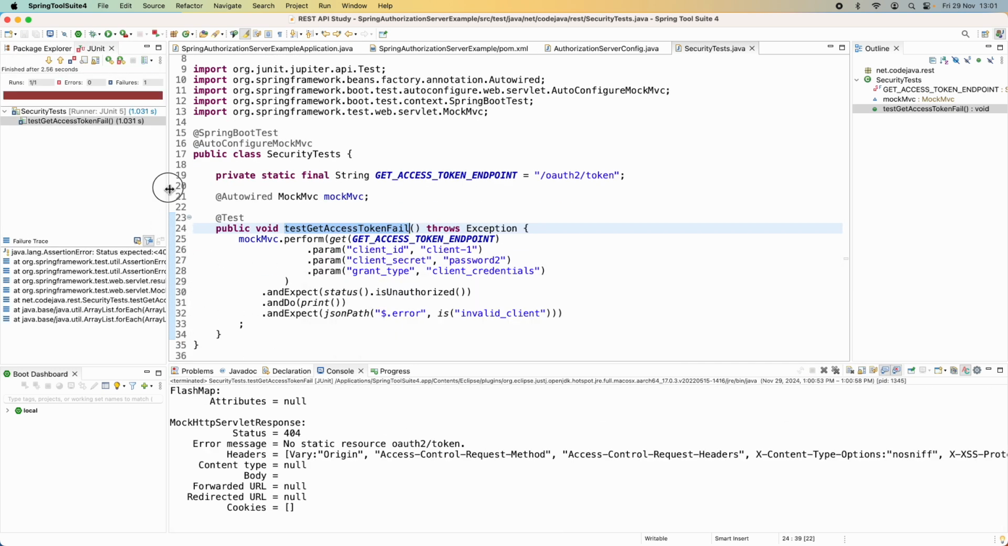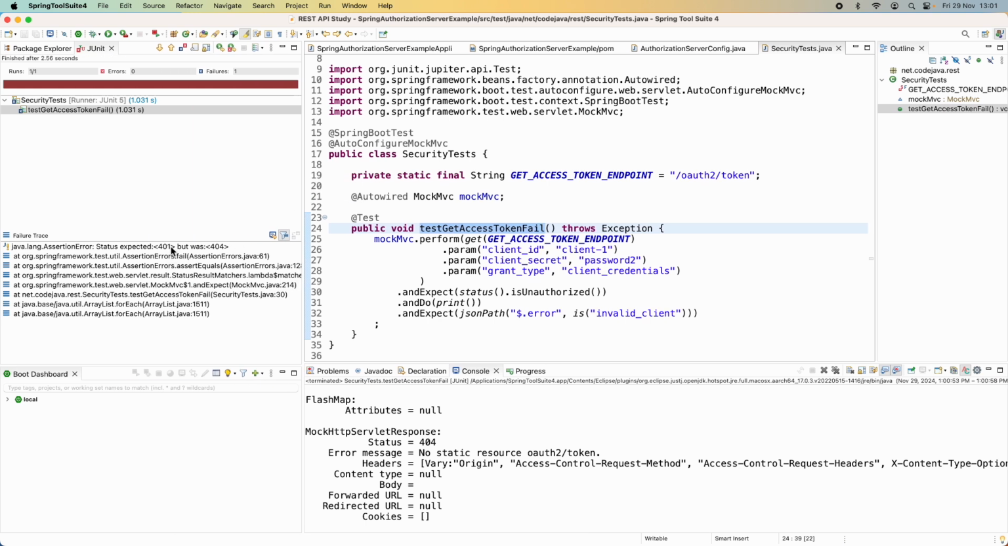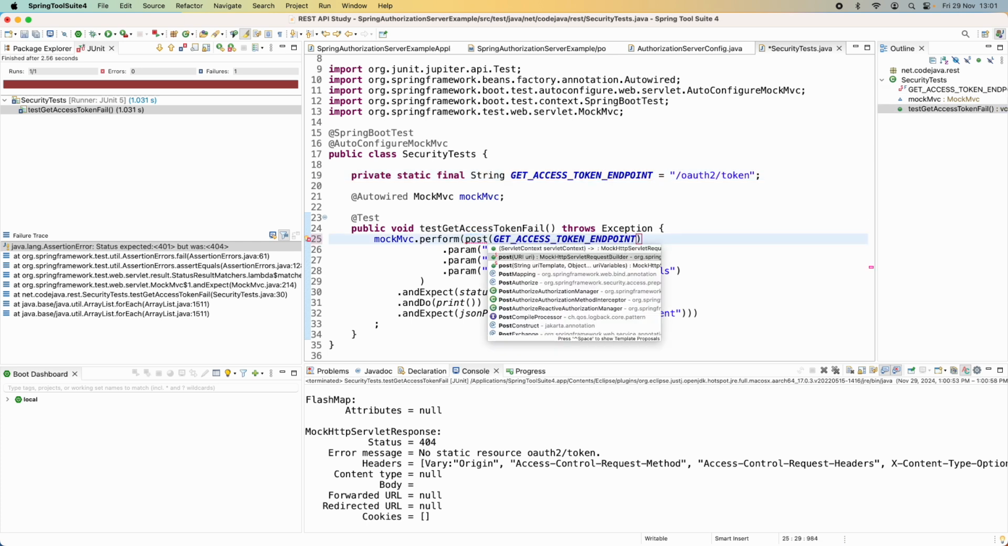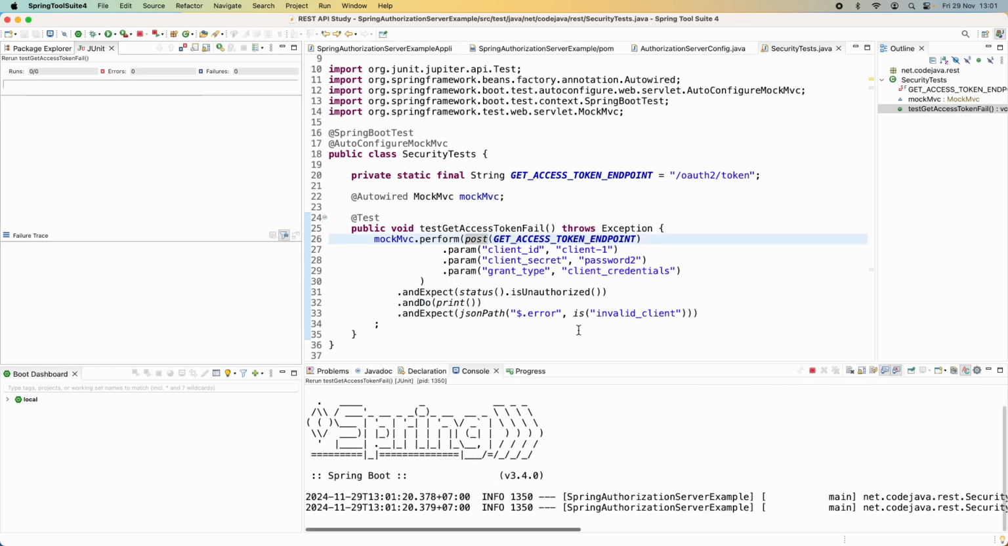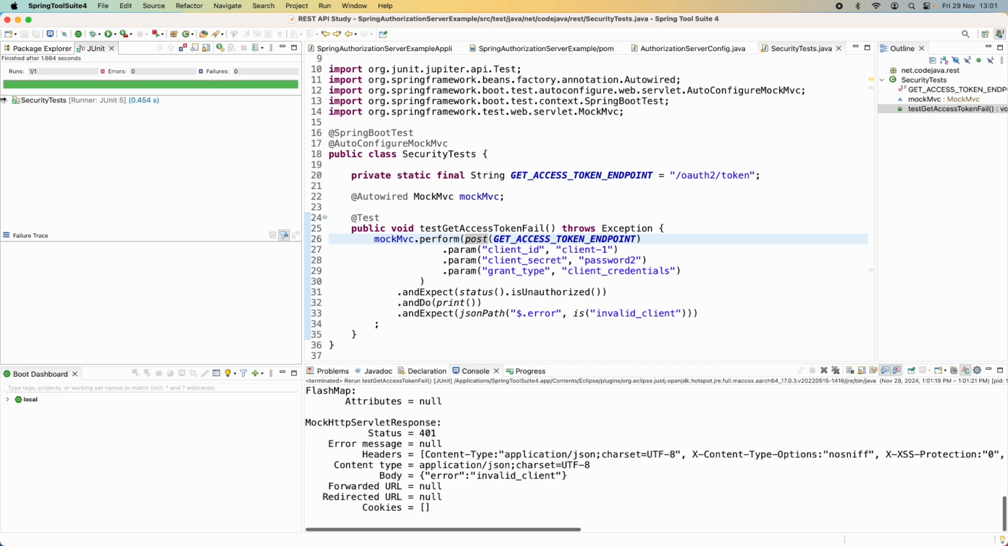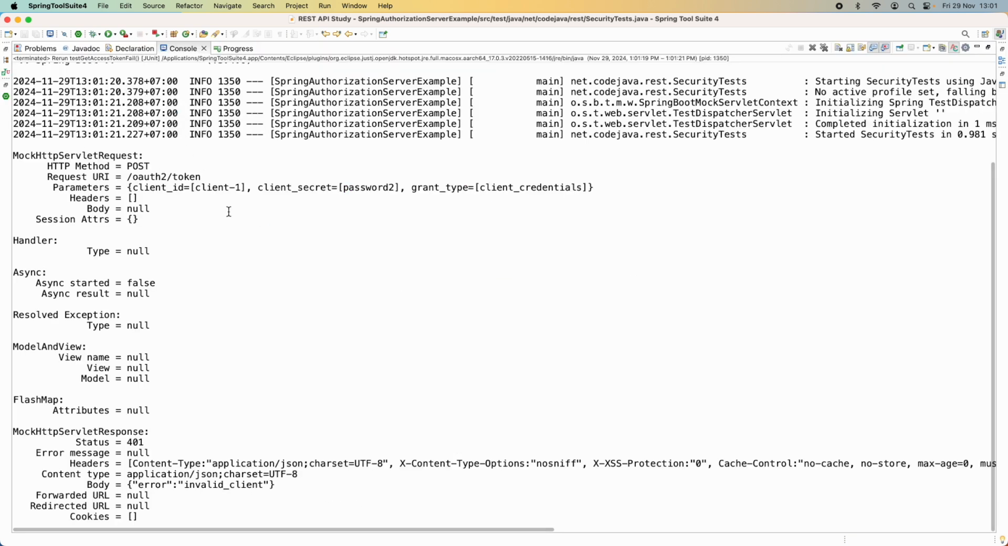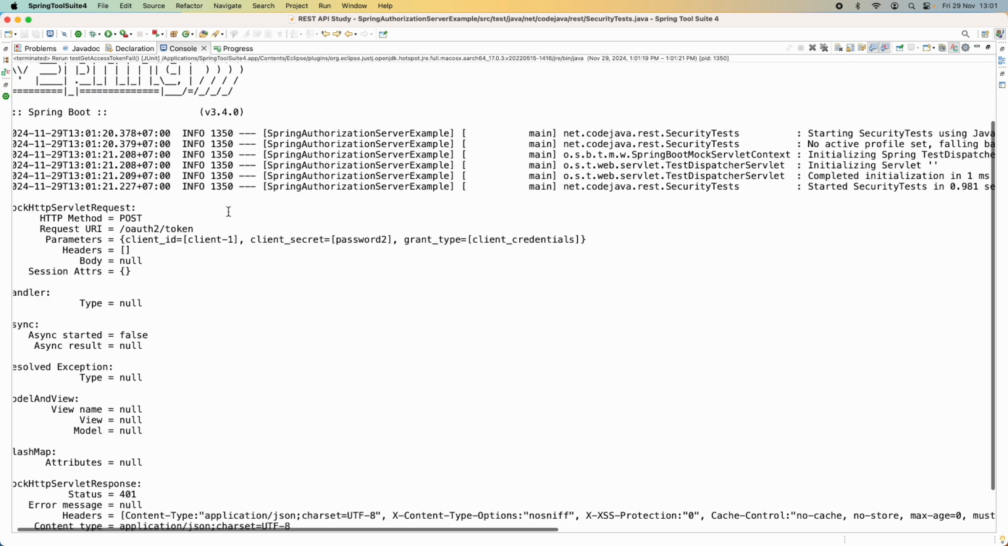And let's see, we got the error 401, but that was for access token. Sorry, we need to send a post request, not a get request, my mistake. Post request using the post method here and run again. Okay, the test is a success, as you can see here, and you can see the details of the request and response